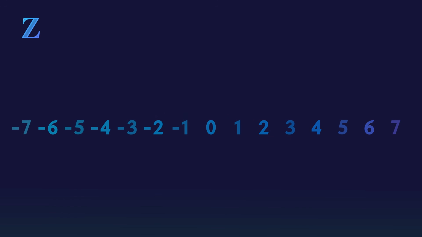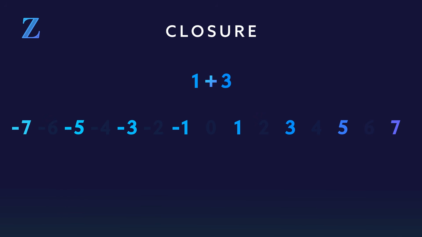On the other hand, the odd integers do not form a group because they don't even satisfy the very first rule, the closure axiom. An odd integer added to an odd integer gives an even integer, which is outside the domain of odd integers, so they do not form a closed system.